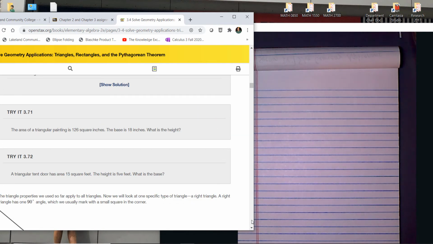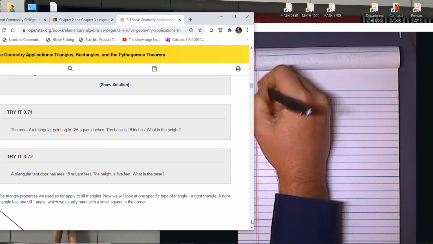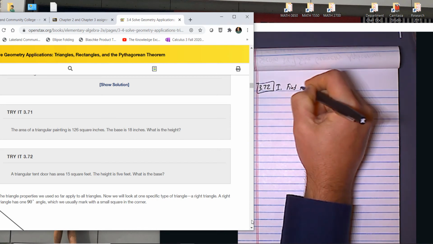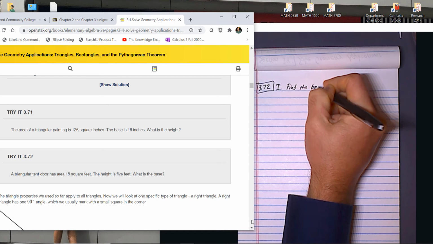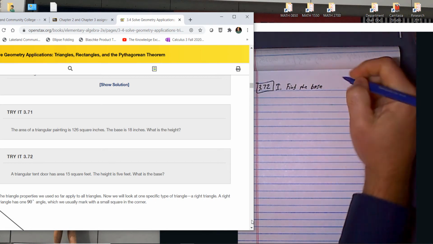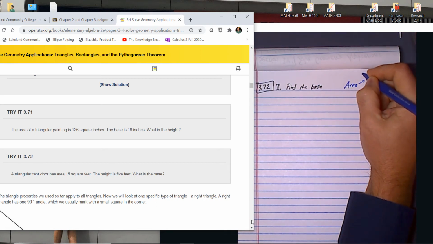3.72. A triangular tent door has an area of 15 square feet. The height is 5 feet. What is the base? Okay, so this is 3.72. Step 1 says find the base. And sometimes students get confused between perimeter, which means distance around, and area, okay? Area is kind of like